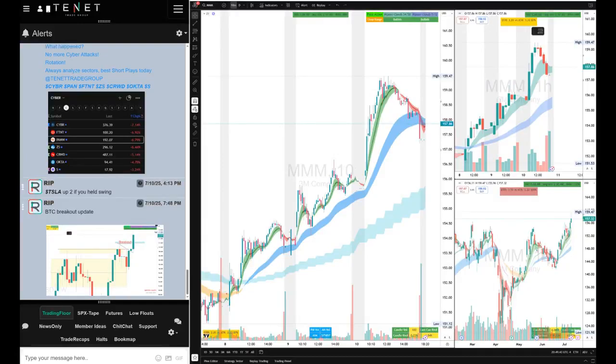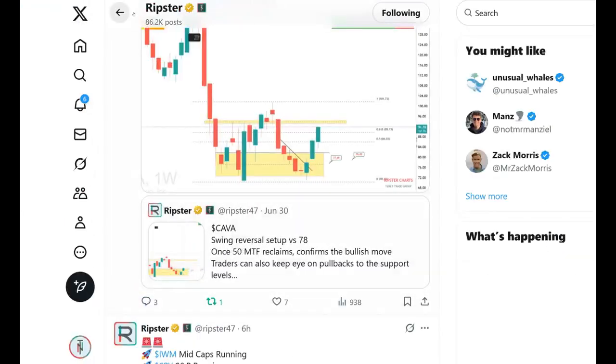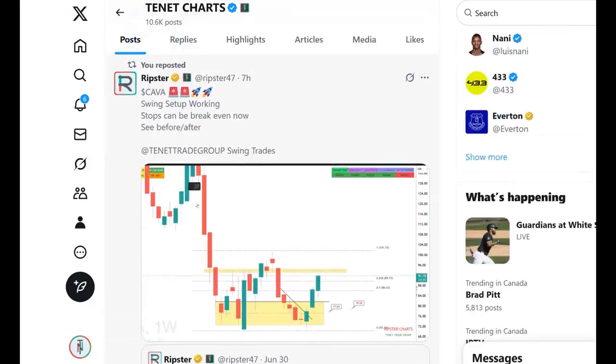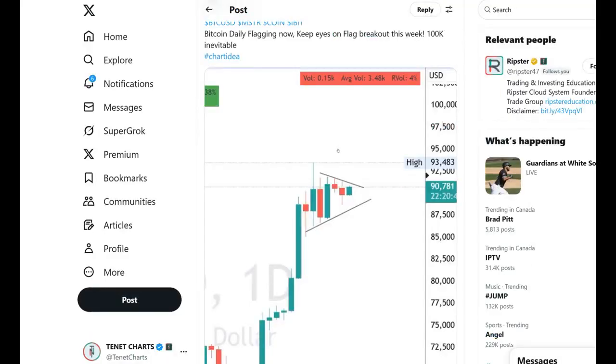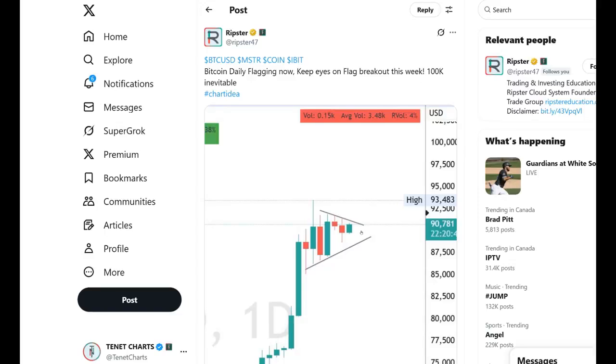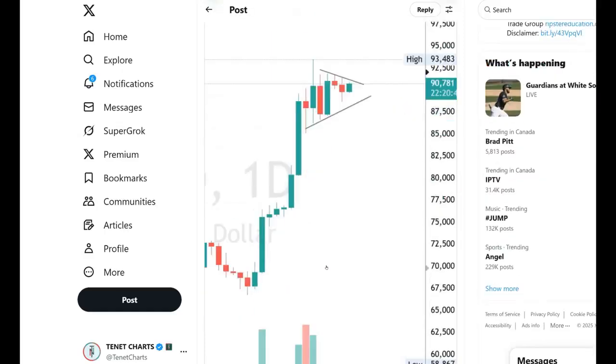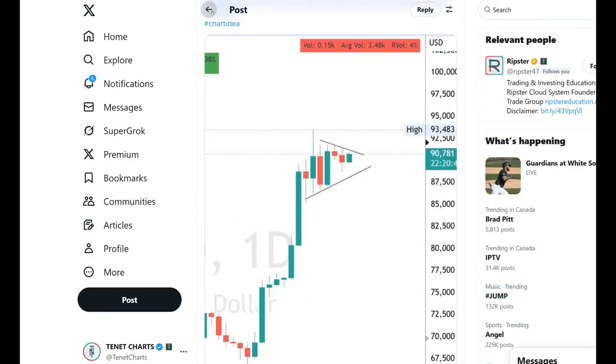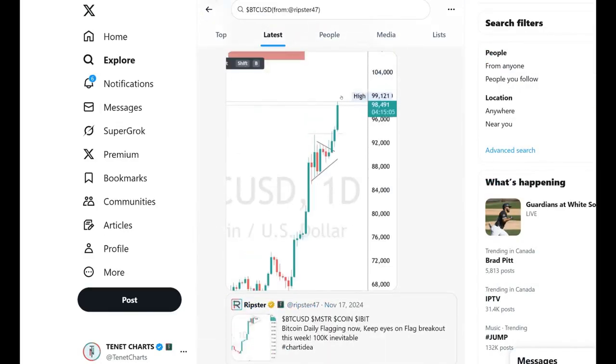All right, so let's talk about a big trade today. So big trade, this was Bitcoin. So let's see what's about the Bitcoin. So again, you have to analyze your charts, guys. I've been talking about Bitcoin for a long time. You see that this was 90,000 when it was breaking the flag. You have to analyze this before, right? So I gave the traders, my followers, a breakout at 90,000. And here you go, you see the breakout going to 99,000, right? So easy, so easy. You have the setup, you have the risk. You buy the Bitcoin or the leverage or the ETFs or whatever you want to trade the Bitcoin with. That's how you make money. It's that simple. You need to learn the setup.